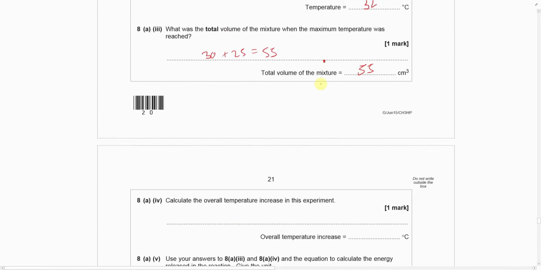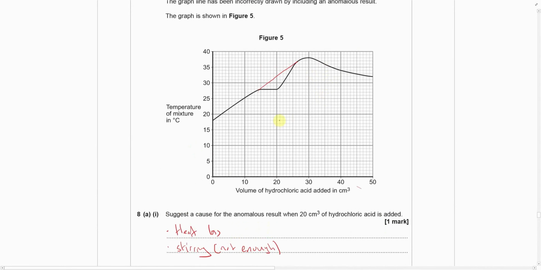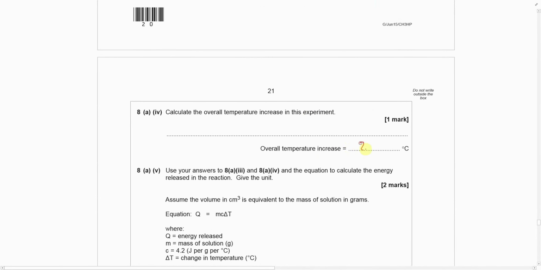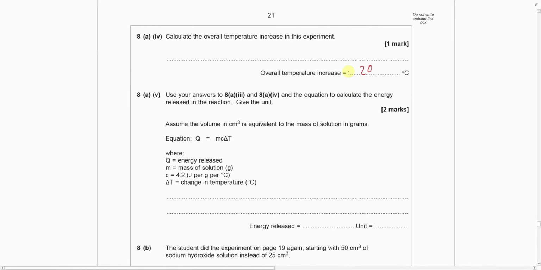Calculate the overall increase of temperature in this experiment. So let's go back to this graph. It starts off here, which is 15, 16, 17, 18. Goes all the way up to, I think that's 38. So 38 minus 18, 20 degrees C, sorry. Alright, okay, so use your answers to part A3 and A4 and the calculation to work out